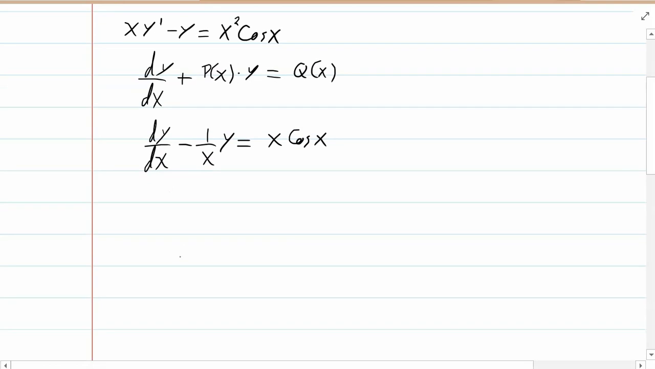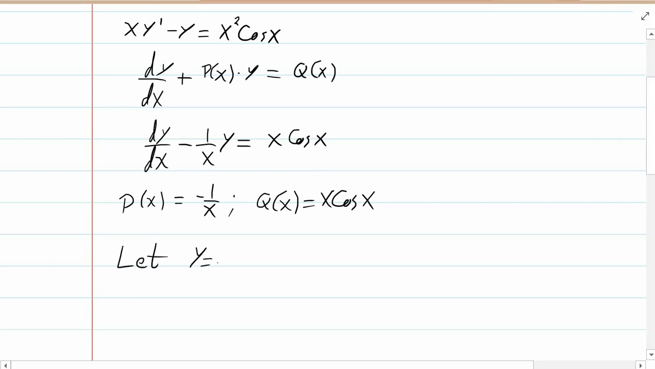We're going to use Bernoulli's method. Of course, we can identify p of x with negative 1 over x and q of x with x cosine x. Using Bernoulli's method, we let y be equal to some u of x times v of x,